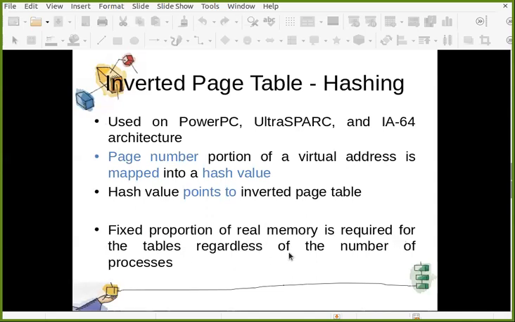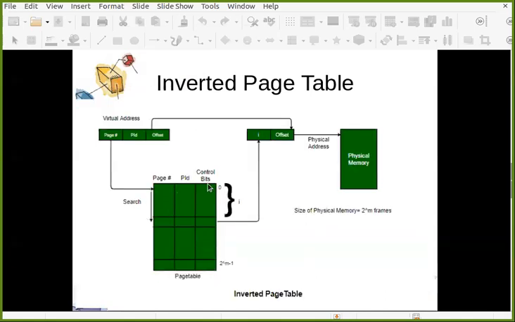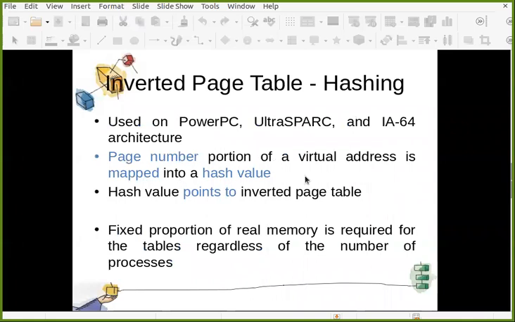And what is the advantage of this inverted page table? You require only a fixed amount of main memory to store it. Whatever the size of the process, the page table size is always fixed because it contains only frame entries.